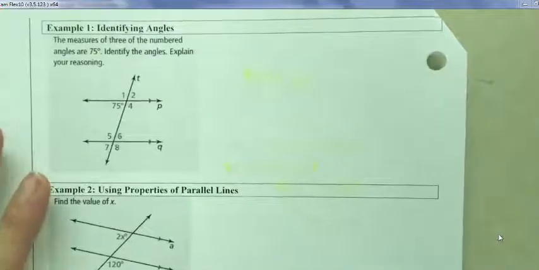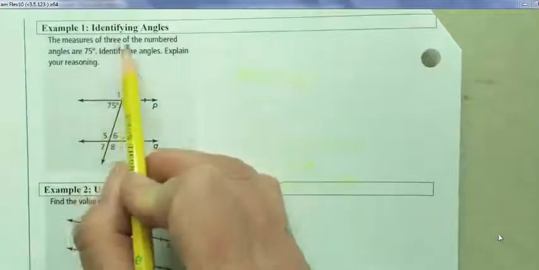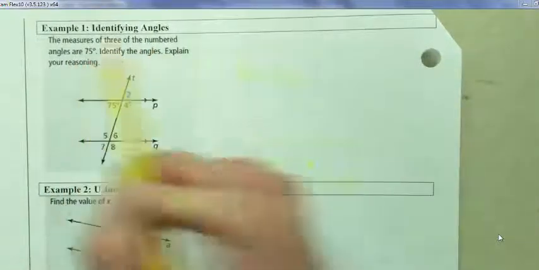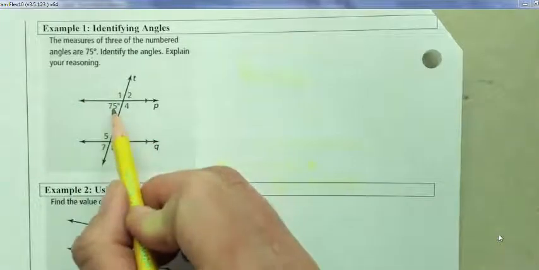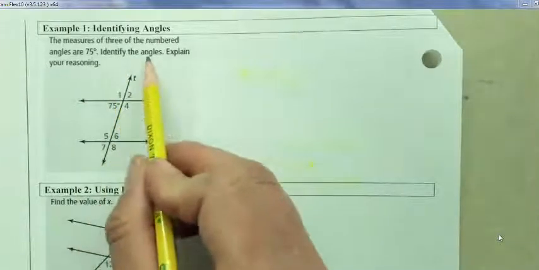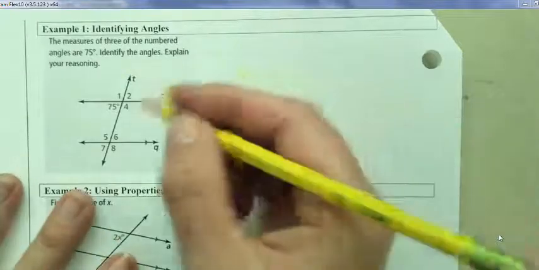Example 1, identify angles. The measures of three of the numbered angles are 75 degrees. So one of them is already given to us. Identify the angles and explain your reasoning. Why do we know that they are what we are saying that they are? That is basically what we're trying to figure out. Okay, so first of all,